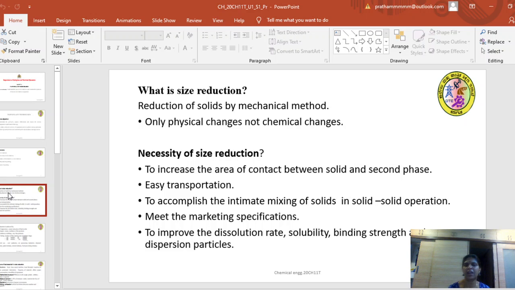So the size reduction will cause the particles to reduce in size, so that the surface area increases after the reduction of larger solids to smaller particles, and the contact between the reduced solid and the second phase can be increased. The second phase may be a liquid or any other